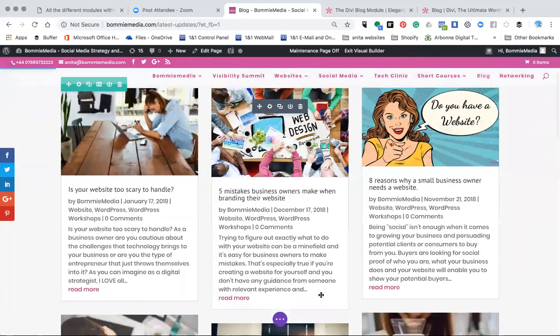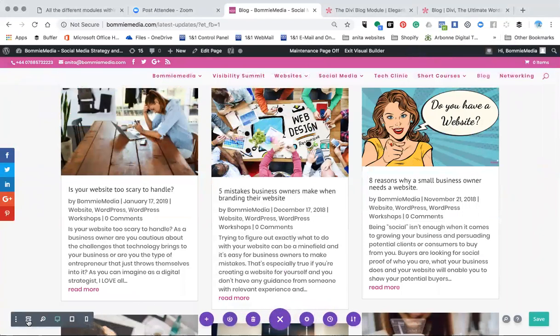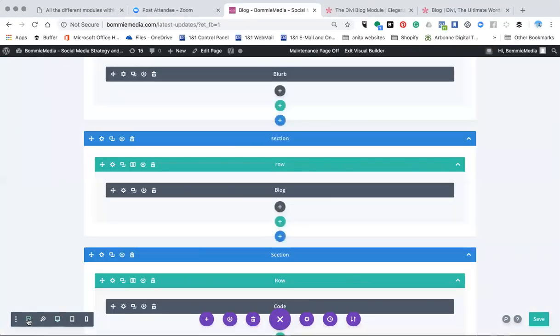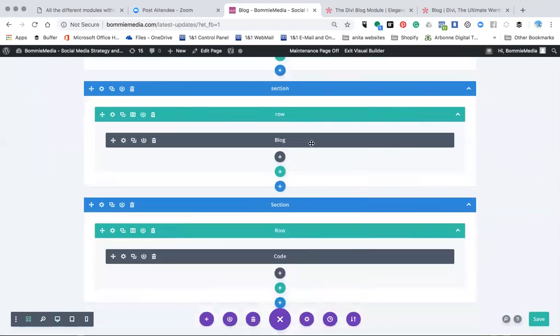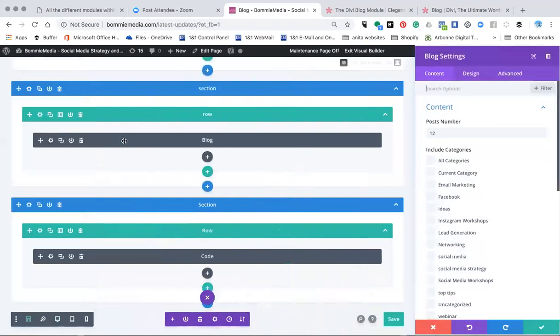Now I want to show you what it looks like inside. So when I click here, my blog page is like this. This is the top, and then I have my picture which says blog, and then that whole view of all of my blogs was just in this one section. So if I open it up, you see it's exactly the same, and that takes you all the way down. So if I go back here,